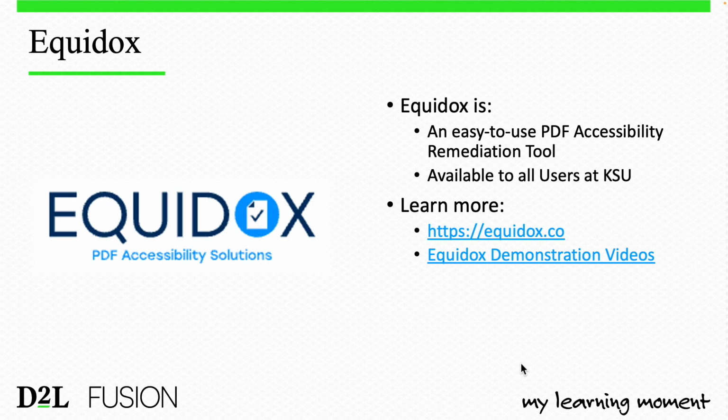So when you upload a document into Equidox, it changes that document into a different file format. It has an interface that allows you to easily OCR documents that are scanned. It also easily allows you to tag sections of the document or sections of a page according to